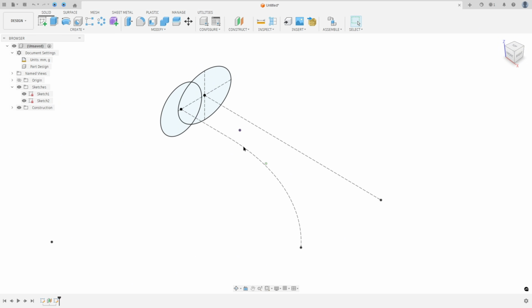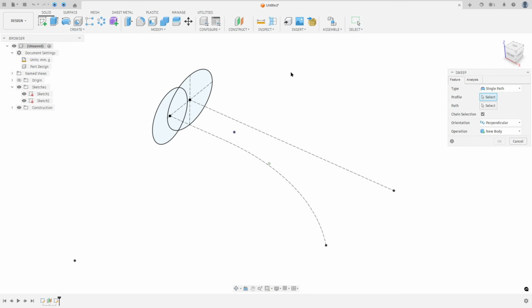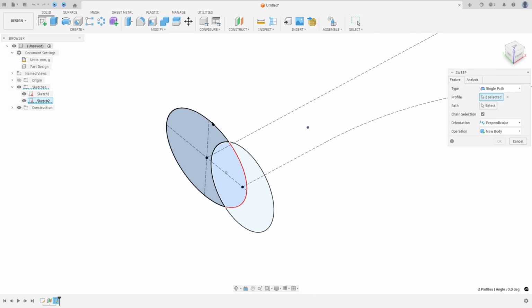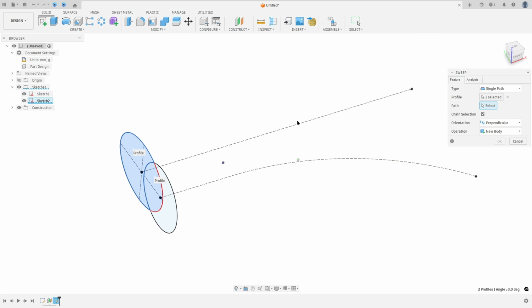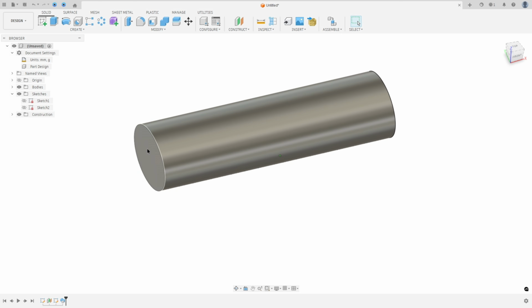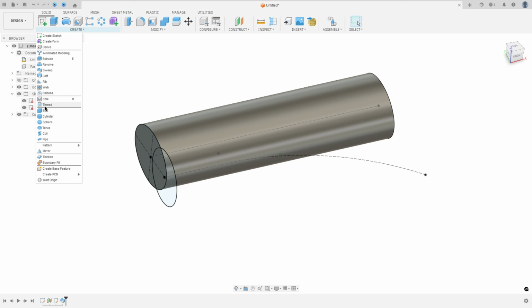And now to create the pipe, we will use the sweep. So go to create, select the sweep. And the first sweep that we make, we'll create this profile here, the ellipse, and the path. Select this line, operation new body, and press OK. Show the sketch 2 and the sketch 1 again, and go to create and select the sweep,